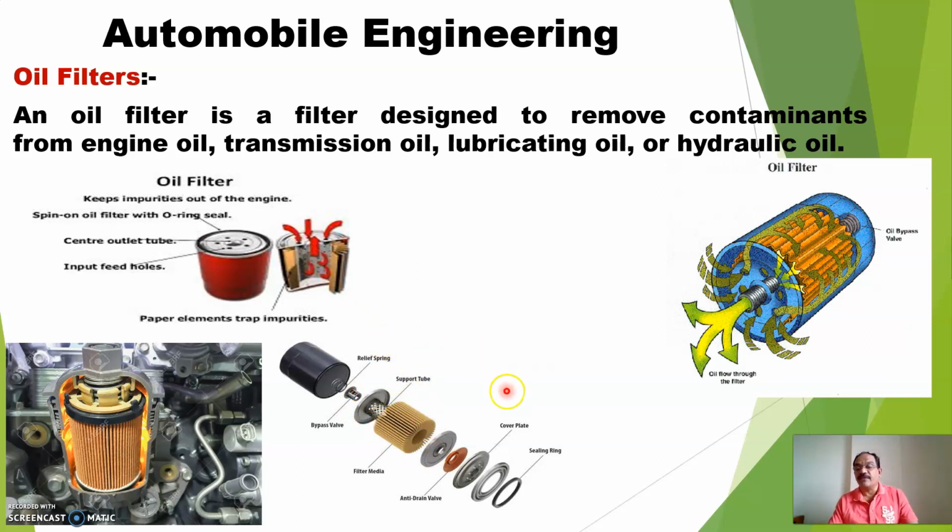It has its own life. For a particular cycle of operation, you have to replace these filters because due to these dust particles and all foreign particles, they get clogged. So there is a cycle that every 2000 or 5000 kilometers you have to replace the filters. These oil filters are there. Now here you can observe oil is poured from this side, and after filtration it comes out as filtered oil and it is supplied.